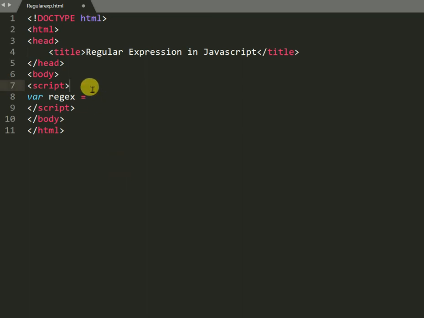Here I am taking one string. After that we create the regular expression.